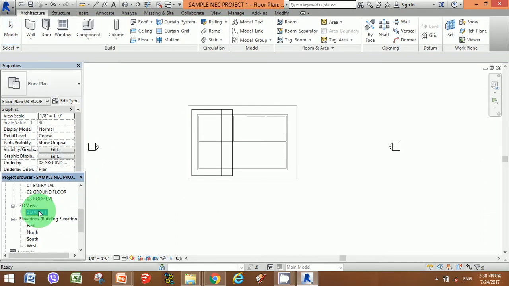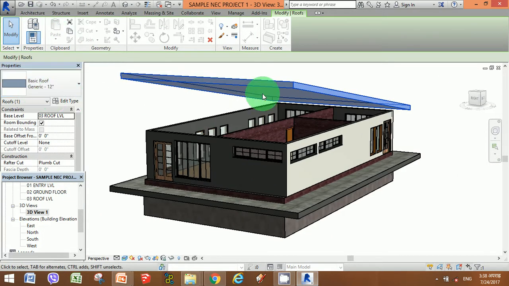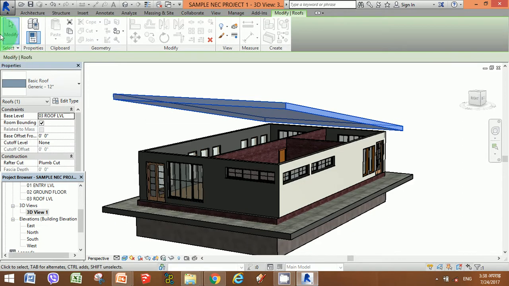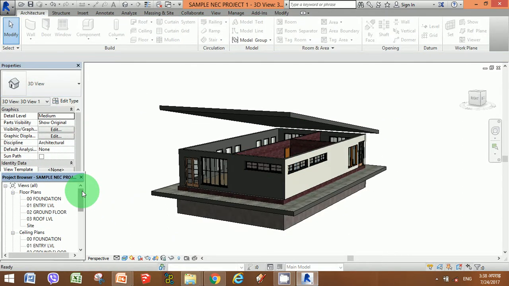Now let's look back at the 3D view, what we're getting here. The roof has been created, but the walls don't seem to match with the roof.